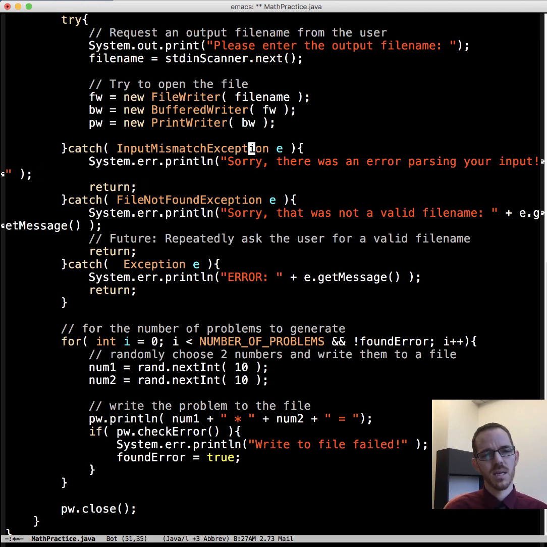So this is from the scanner.next. FileNotFoundException: hey, that's not a valid file name. We could have asked the user for a valid file name, but for simplicity we are not. And then everything else is what this is. And so